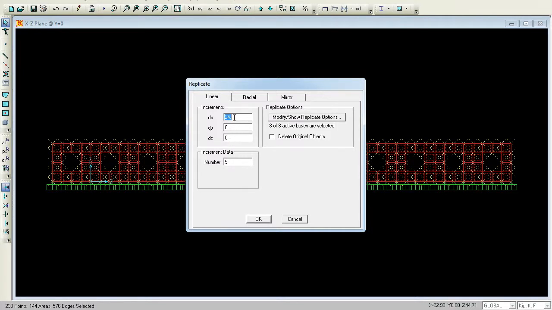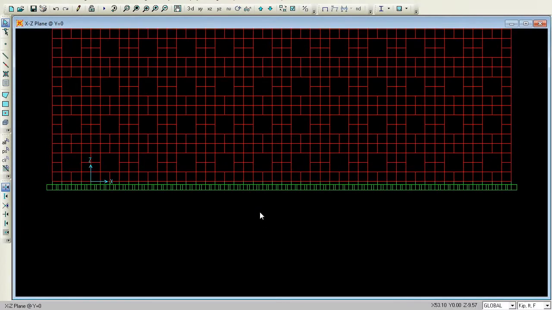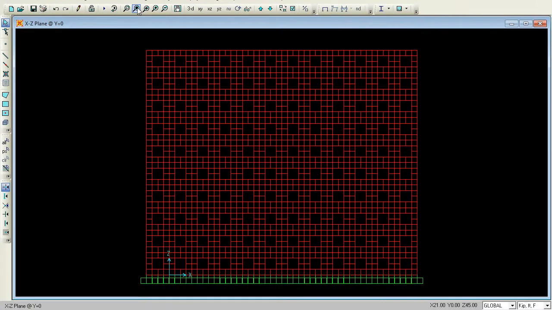So the X direction would be 0 and the Z direction would be 12. So the height in the Z direction is 12 feet. Number of bases would be 9 floors. It is okay. So it is already built. Just press this icon over here so that you can see the entire section.